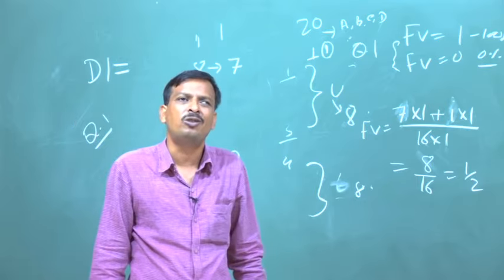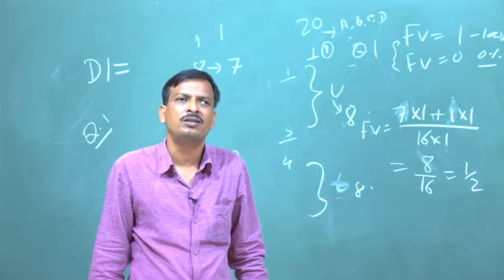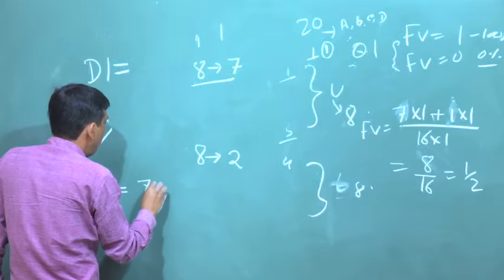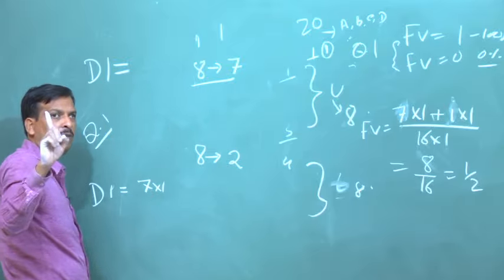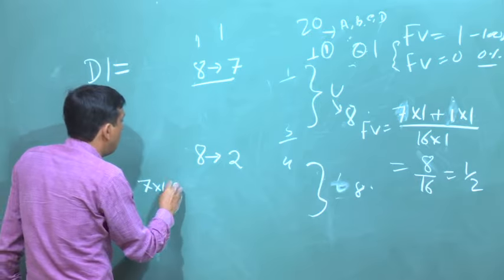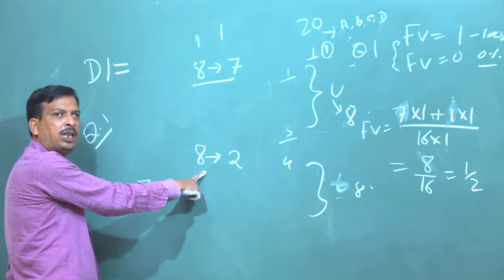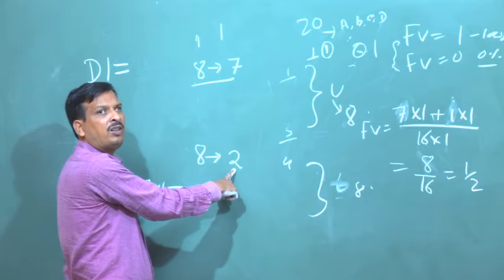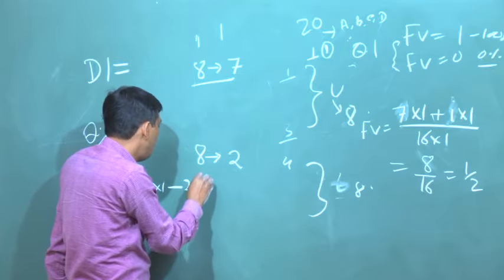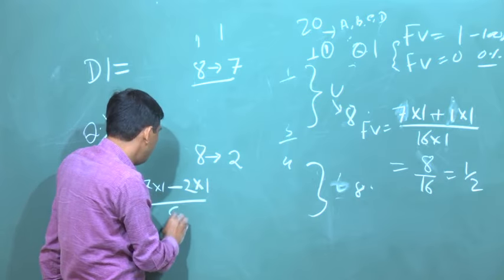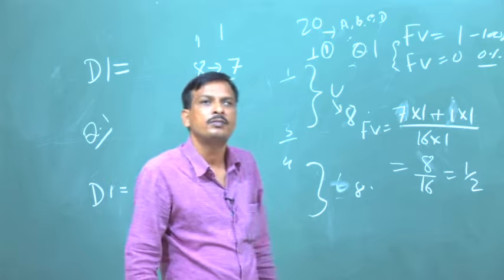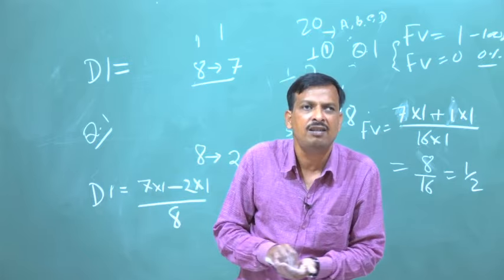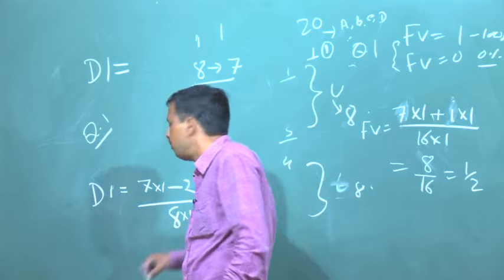So, what is the DI of the questions? DI is the total marks obtained by the upper group, 7 into 1, since each question carries 1 mark. Minus, if it is a good question to discriminate between good and bad students, none of the bad students should give the answer, but I see 2 bad students gave the answer. So, I subtract 2 into 1, divided by